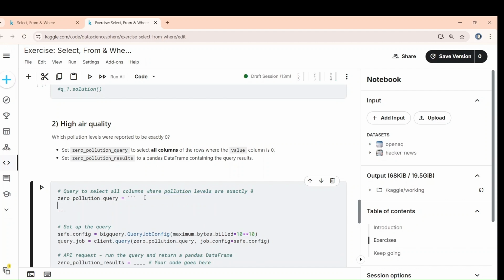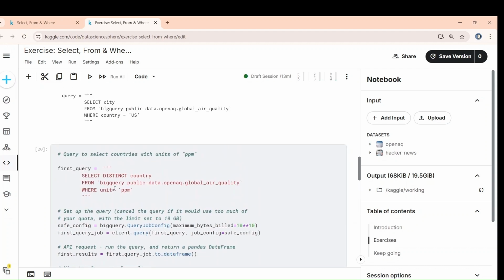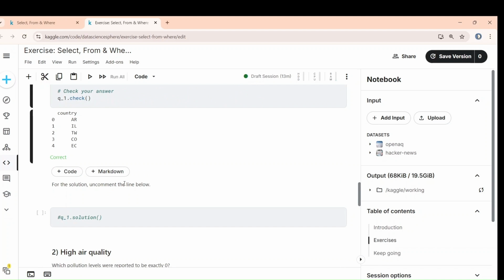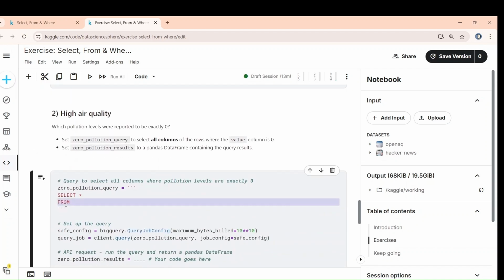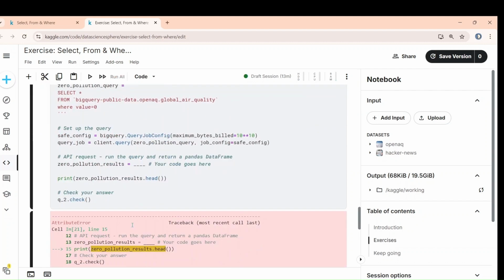So now you have to write select all columns. All columns you have to select star. Fine. Next from the table name, I will copy this. Select star from, and what is the condition? Where the value equals to 0. Value equals to 0. Okay, now if I run this, then